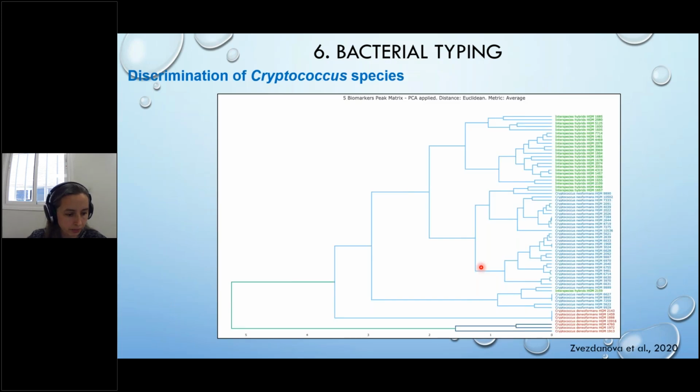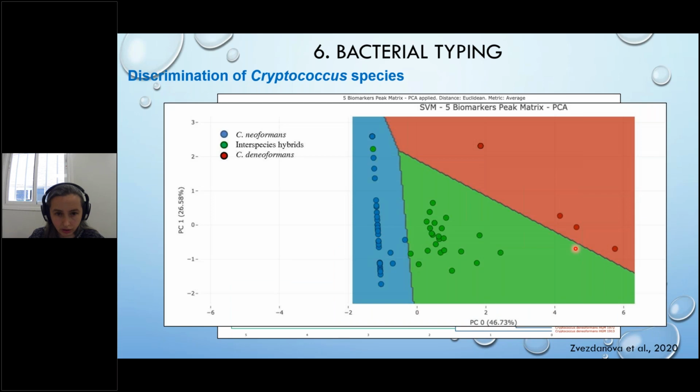So I just want to show you a couple of examples that we have performed in our laboratory. This is not strictly bacterial typing, but we try to differentiate species within the Cryptococcus neoformans complex, and also hybrids from two different species, and we could reasonably well separate those three populations using MALDI-TOF and different machine learning algorithms with the same samples using a supervised